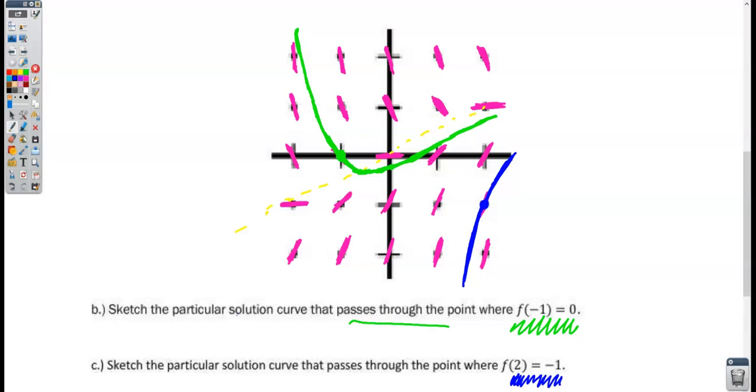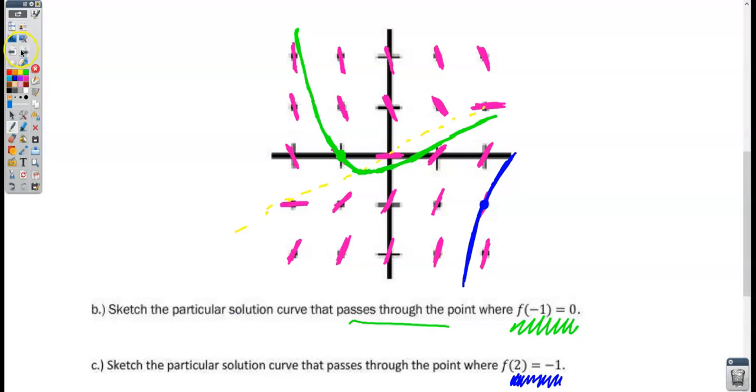Alright, welcome back everybody. In this video we're going to continue with section 7.3 of AP Calculus, sketching slope fields. In the last video we looked at how to sketch a slope field and create some particular solution curves. In this video we're going to do a few parts from some AP exam free response questions that incorporated slope